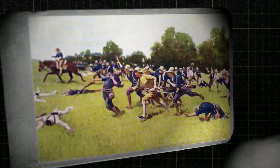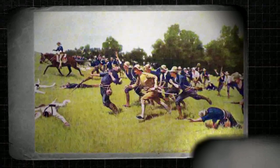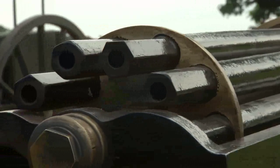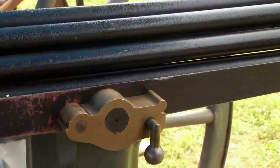the hill, the 1st U.S. Volunteer Cavalry, the Rough Riders, made their famous ascent and collapsed the Spanish left. The use of the Gatling guns by Lieutenant Parker's battery was significant in the victory that followed the charge up